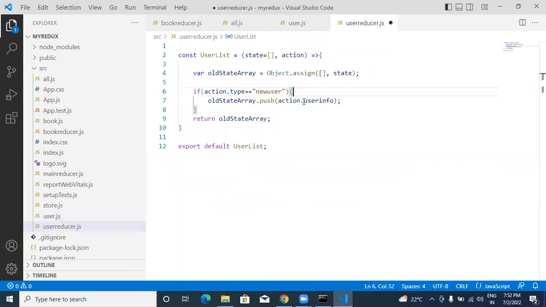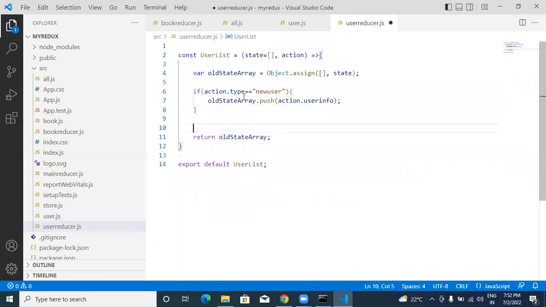Same to where user reduce. Next, after that, this is for the adding purpose. We can send one more request for deleting purpose. If action.type double equal to delete user, then